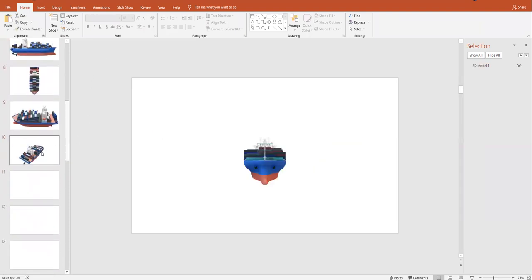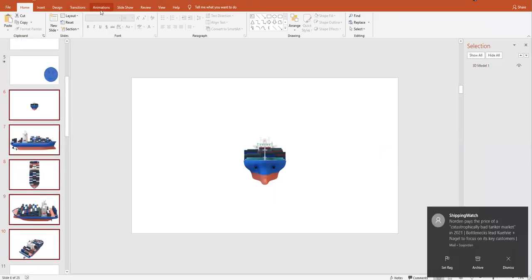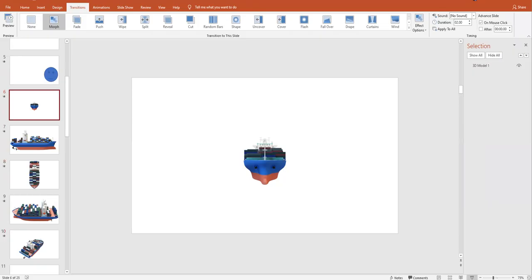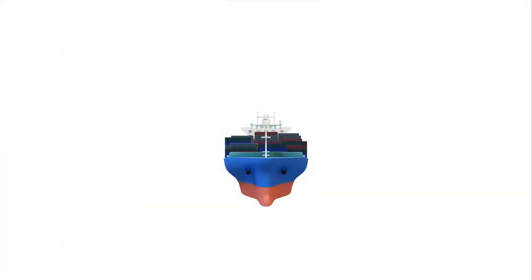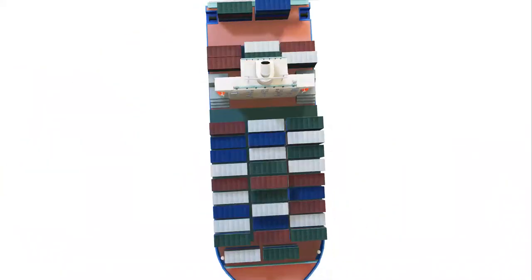I come over here. In the beginning, it shows a very small ship size. Now come over here in the Transitions pane, Morph. Okay. Now it is morphed with this one. Now I will apply this one. It looks very nice, a small ship, but in the second shape, it gives me a very powerful 3D image that gives you a side overview of the ship. Then it was like a drone, you can see the top side of the ship, so it's very powerful.